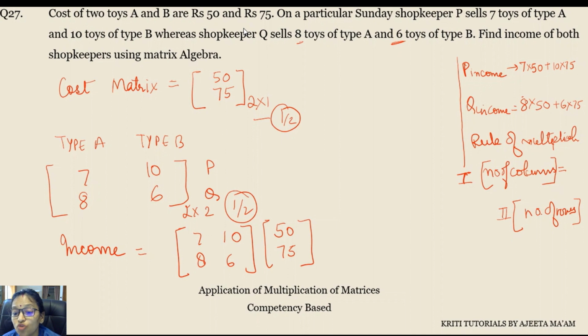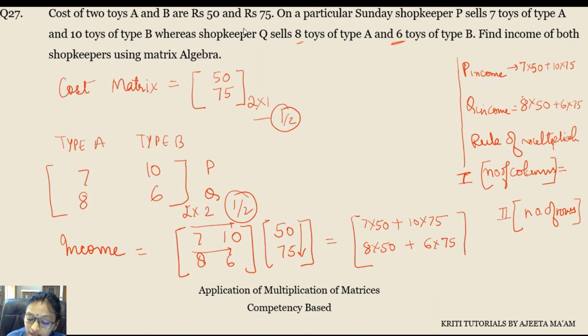अभी हम करते हैं इसको मल्टीप्लाई, मल्टीप्लिकेशन रूल बनाना है हमें। सो मल्टीप्लिकेशन रूल क्या होता है? फर्स्ट रो विथ फर्स्ट कॉलम, that will give you the first element and corresponding elements are added. So what will you do? 7 into 50 plus 10 into 75. सेकेंड आपके पास क्या बनेगा? 8 इंटू 50, दैट इज सेकेंड रो विथ फर्स्ट कॉलम, प्लस 6 इंटू 75।